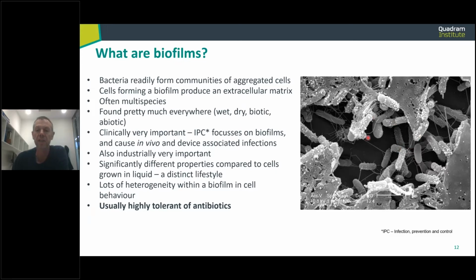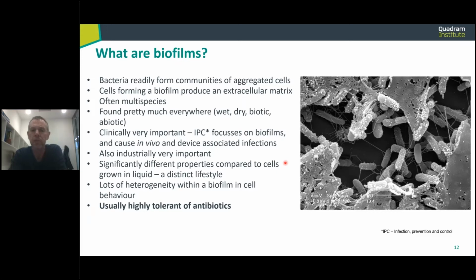They are encased in this kind of matrix that they make, and they're stuck together. And actually, this is a very common mode of life for bacteria in the real world, that many bacteria will form these aggregated communities. And when they do that, they will make a matrix, a kind of cement if you like, of lots of different things that they produce to encase themselves with. And this is a biofilm.